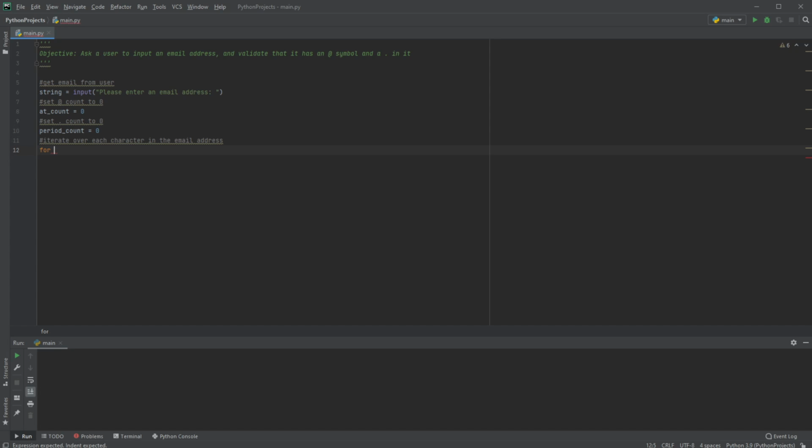So we start with a for. So for each, and this is the items that are in the list or string. Strings and lists are very similar in how you can iterate over them, or dictionaries. So for each character in the string, if the character is @ sign,